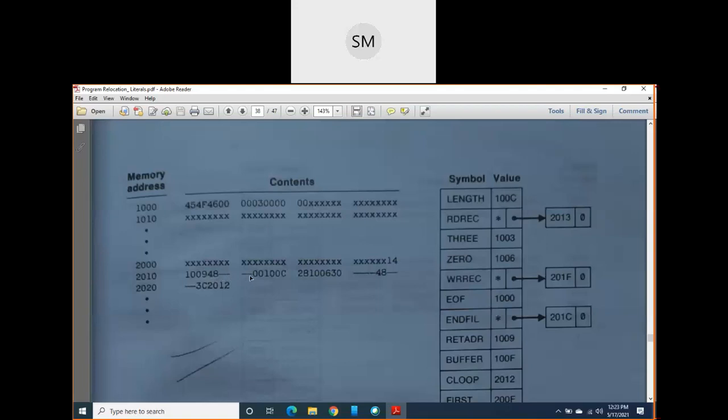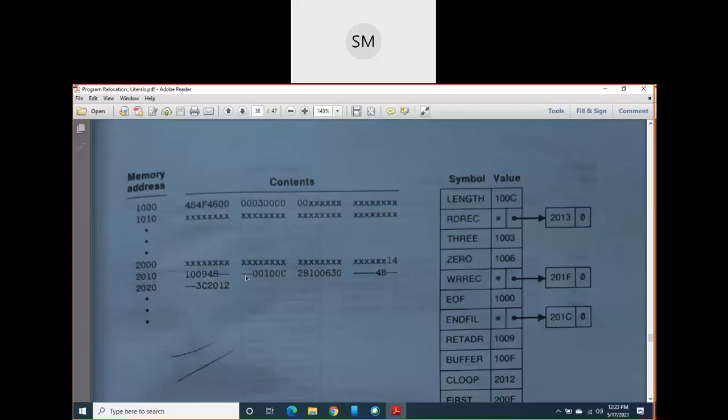The next 4 digits I keep blank or as a hyphen. Are you understanding why I have kept this hyphen? Only the first 2 digits are written because it is the opcode of that instruction, but I don't know the address of the symbol RDREC, so I have kept it blank. This dash, or hyphen, indicates that RDREC is not yet defined.